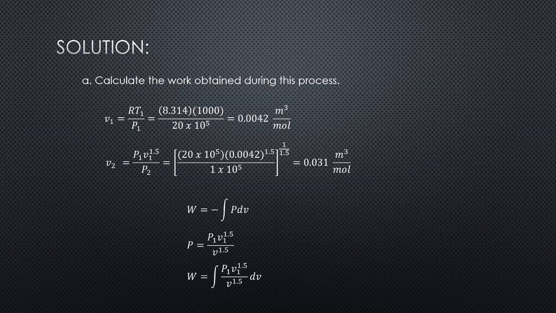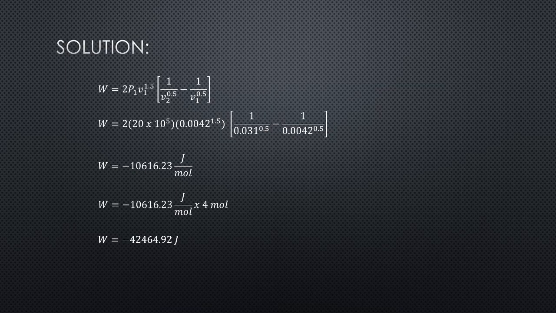And then making use of the pressure-volume relationship stated earlier, we can substitute P is equal to P1 V1^1.5 over V^1.5, and then ultimately we get this equation here. So integrating the earlier equation, we get 2 P1 V1^1.5 multiplied by 1 over V2^0.5 minus 1 over V1^0.5. So substituting all of the values, we get negative 10,616.23 joules per mole. And then by multiplying the number of moles, we get the work obtained is equal to negative